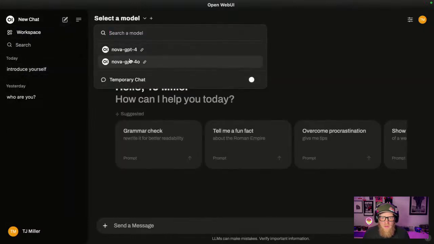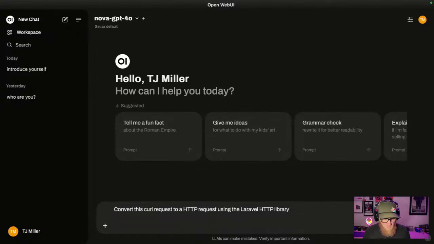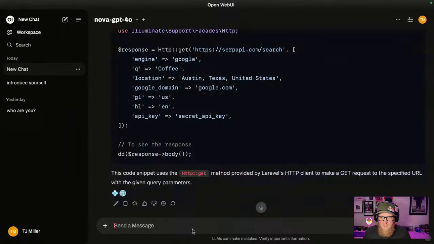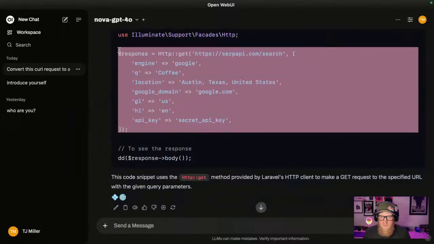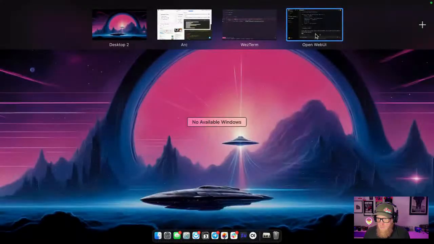All right. We're gonna use Nova on GPT-4o, and we're gonna say, for this curl request to see, love it. I don't know what's going on with this, but